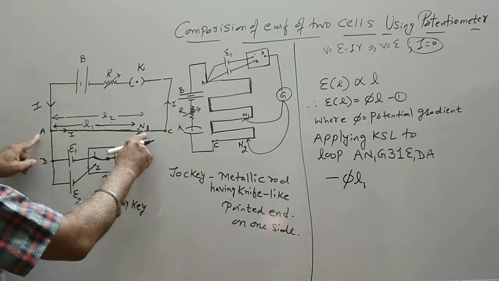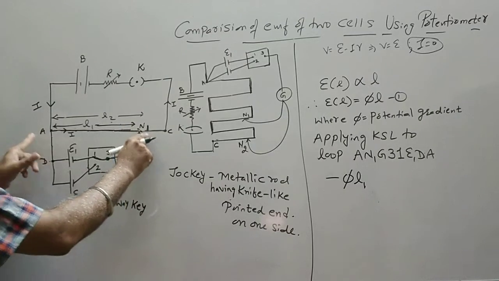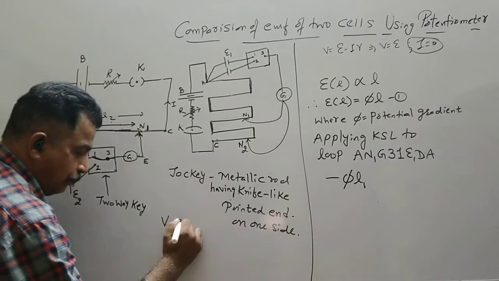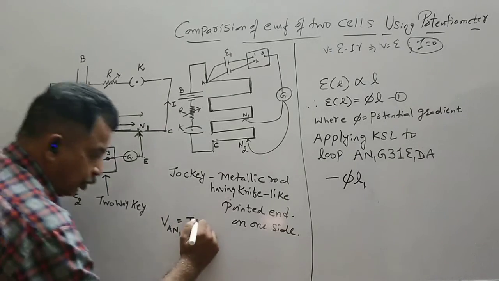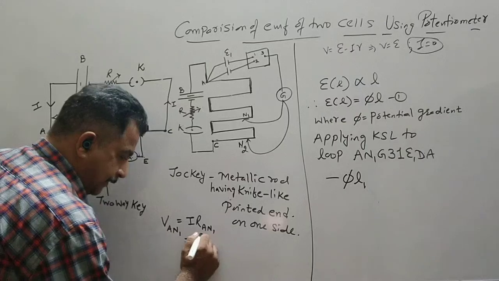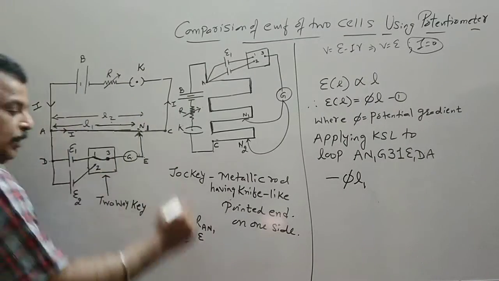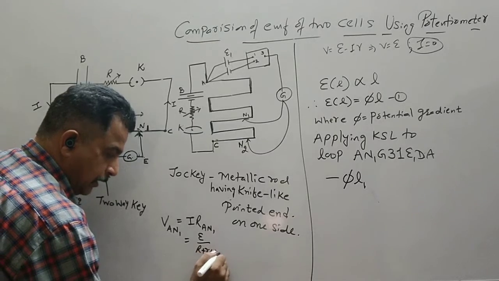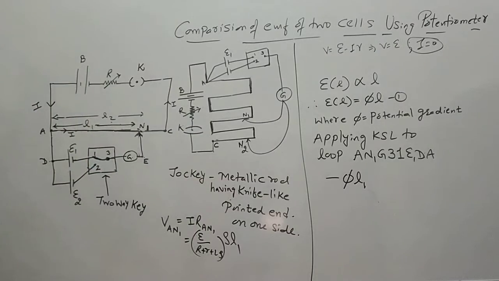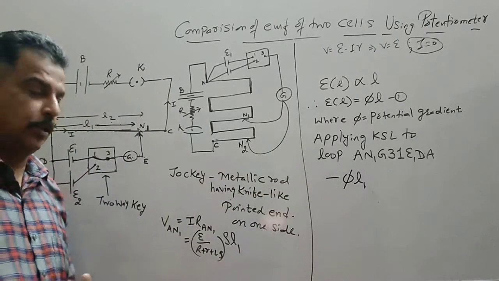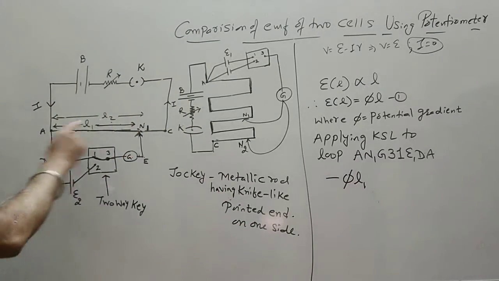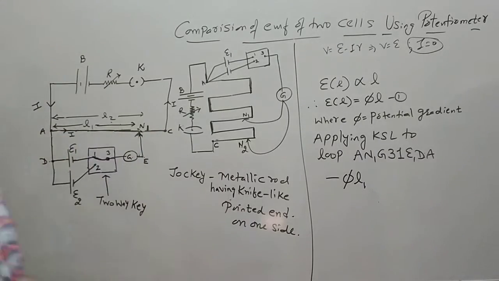So this A and N1, yesterday in the previous lecture, we have written that the potential difference between A and N1 should be equal to the total current into the resistance of this AN1. And then we have written I as the total EMF of the driver battery divided by the total resistance, and this was written as rho into length. So now this is a constant term that we have discussed, so directly I am writing here the potential gradient. Because I am moving from high to low, the potential difference is written with a negative sign.